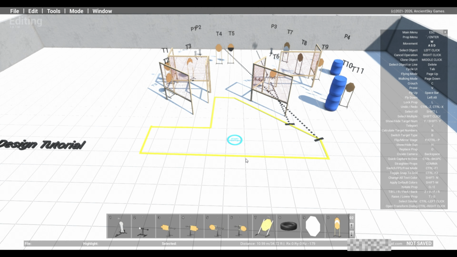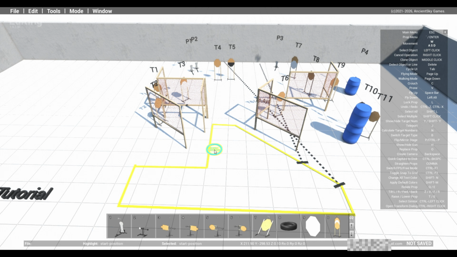A lot of times people like to just pick a start position in the middle, and I suppose that gets you left or right. But at that point, you can just let people start anywhere. But I usually try to pick a start position that